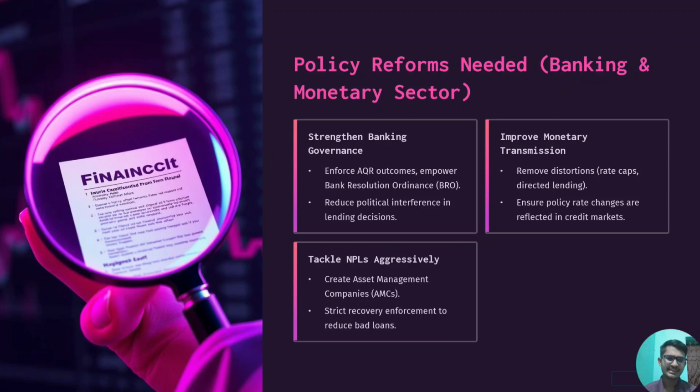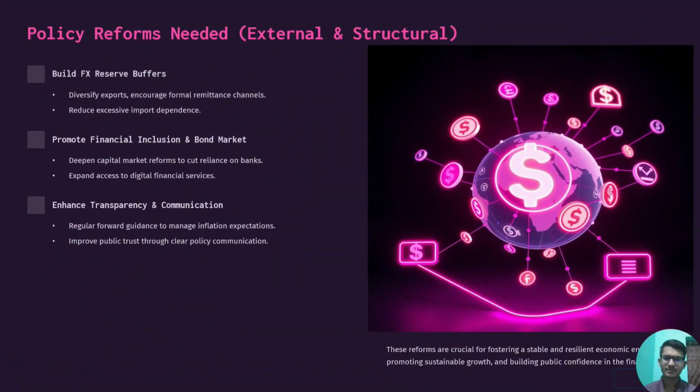Policy reforms needed. The main policy reforms needed, as I am thinking for our country, are strengthening the banking governance. Second is to improve monetary transmission. Third, tackle non-performing loans aggressively. The external and structural reforms needed are to build good foreign exchange reserve buffers, to promote financial inclusion and the bond market, and enhance transparency and communication. These are the basic things to control and monitor